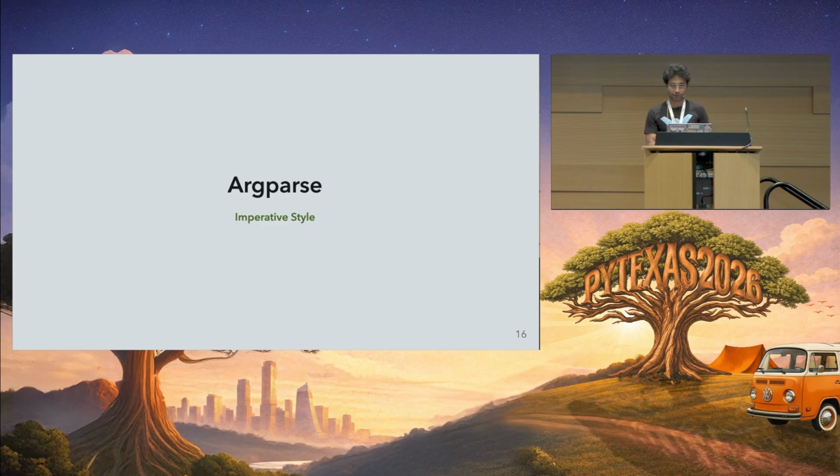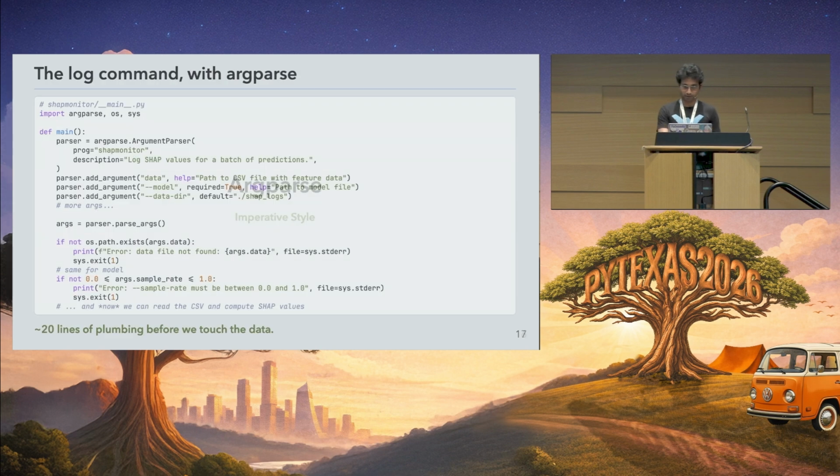Now let's look at the argparse method and how we go about it. Let's take an example of the log command. Remember, the log command was just generating some explanations and saving them to disk. You don't need to go into the code that much, but all you need to know is that there is a lot of boilerplate code involved here. You define the parser, you add arguments, you add some help, and then you parse those arguments. And of course, for subcommands, you'll have more going on.